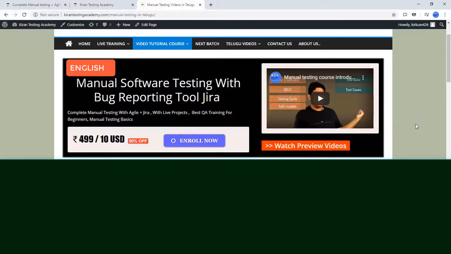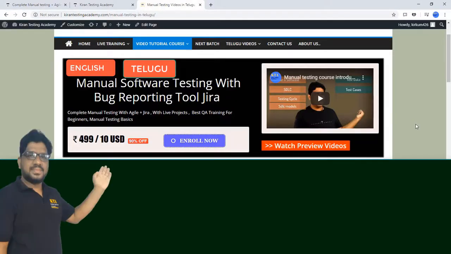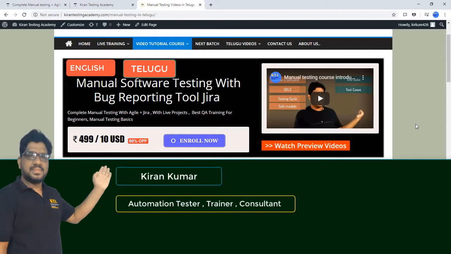So let me introduce myself. I am Kiran. I have 12 years experience in QA. I'm an independent test architect and I have tie up with few startup companies where I work as a freelance test architect for the companies. I've been associated with the testing, with the quality, with the QA from past 12 years.